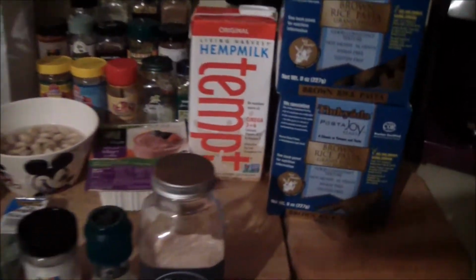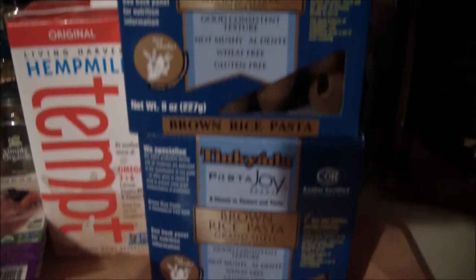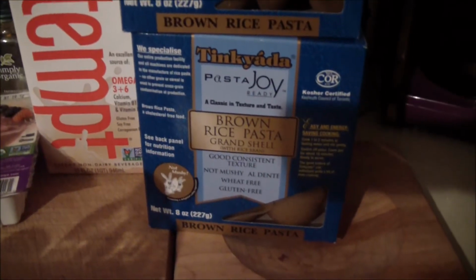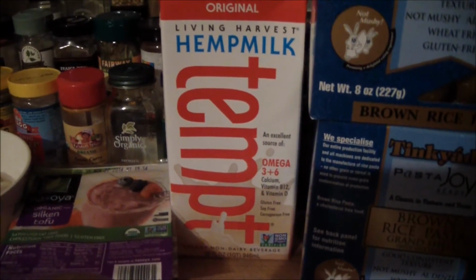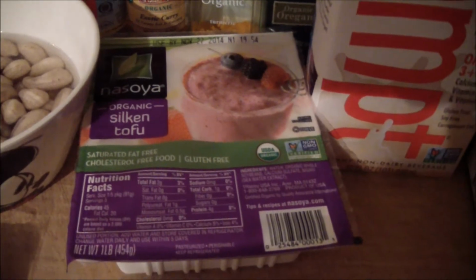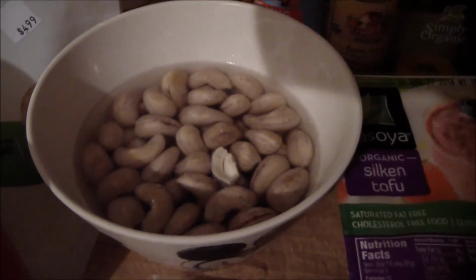For this recipe you will need some jumbo shells. I'm using two 8-ounce boxes of brown rice pasta shells, but you could use whatever kind of pasta you want. And I have some unflavored, unsweetened, non-dairy milk. I'm using hemp milk. And some silken tofu, a cup of raw cashews that I soaked for about 5 hours,